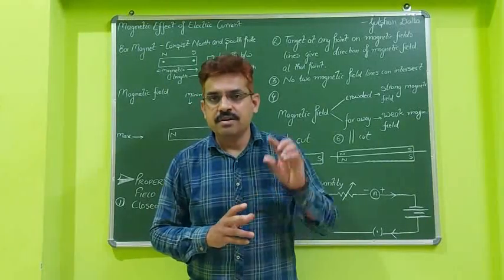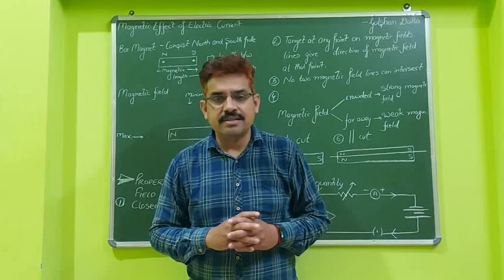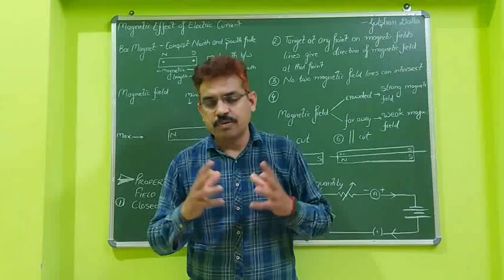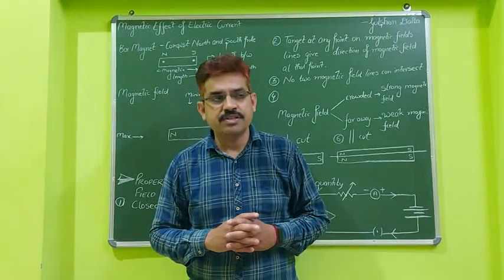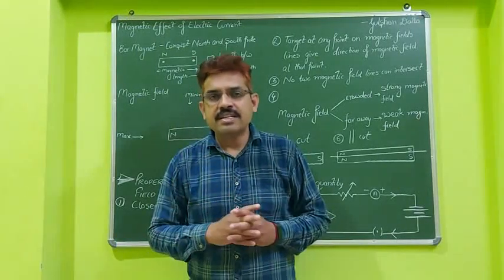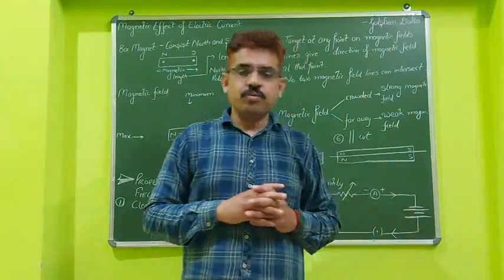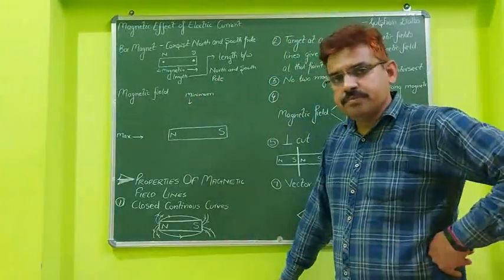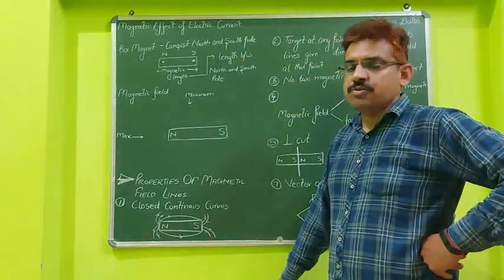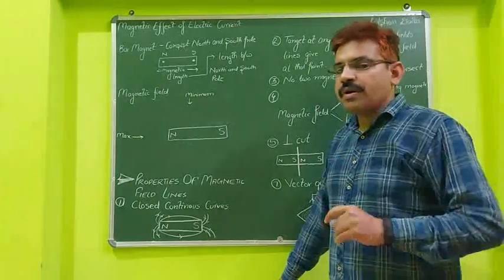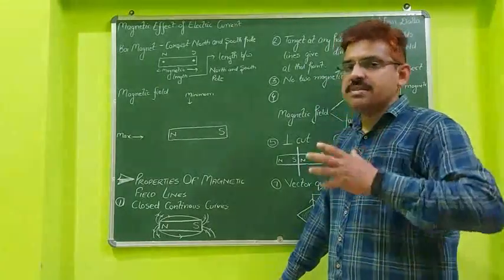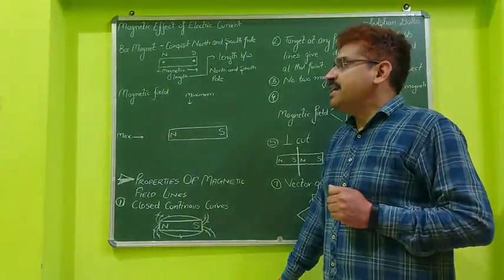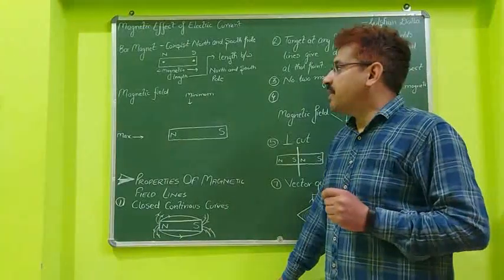You also studied one topic in an earlier standard, what is magnetic force and what is gravitational force. So let me compare the magnetic force with gravitational force. You know that for the gravitational force, two bodies are not in contact. Similarly, in the case of magnetic force, two bodies are also not in contact with one another, but something is there between the bar magnet and the iron piece. That is why that force is known as magnetic force.